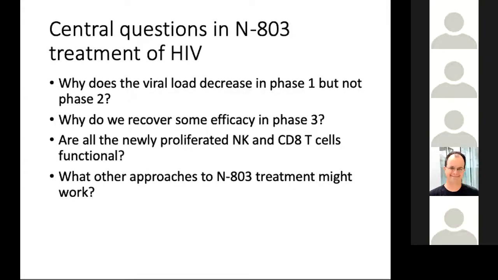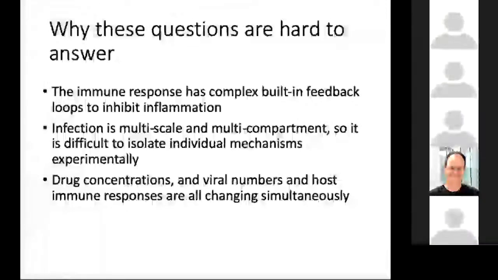And so I just want to spend a couple of minutes talking about why these questions are difficult to answer. And some of this relates to the reason why our computational models are helpful. So the immune response, our immune system, has evolved to have these very complex built-in feedback loops to inhibit inflammation. These are designed to avoid autoimmune disorders. And they're very complex and very integrated, and they're there for a reason and they're really, really good, but